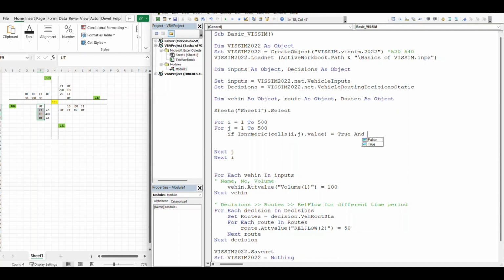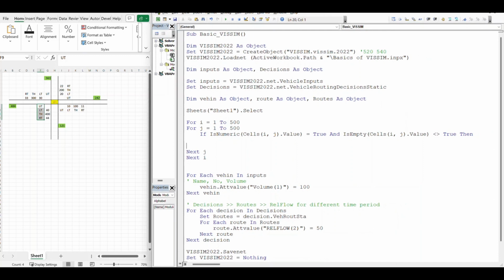So is empty, is empty cells i comma j dot value. So first we are checking if is numeric is true and is empty is not equal to true. We can say is equal to false, but for some reason sometimes it doesn't work. So we're gonna call it is not equal to true. Then, if the number is numeric and the cell is not empty, then we're gonna close this. If